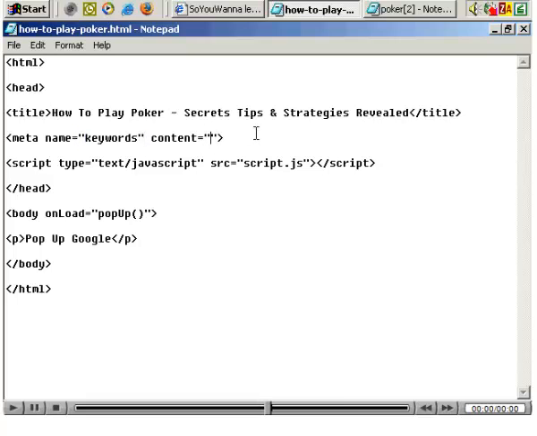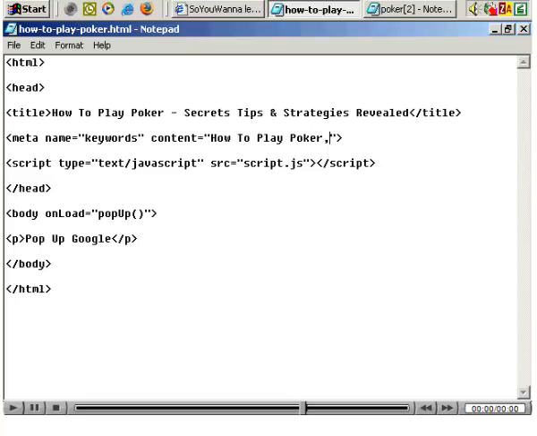And this can sometimes be helpful for the search engines, but I don't believe a lot of them pay this tag a huge amount of attention these days, but it doesn't do any harm to include it. So in this example document, we're focusing on the keyword phrase, the search phrase, how to play poker. So obviously your keywords would be how to play poker,